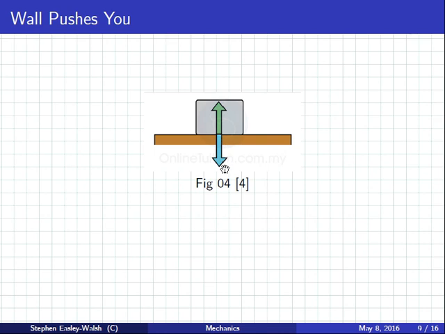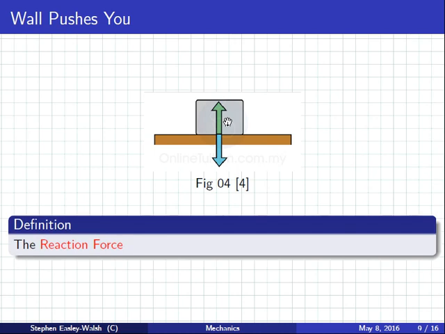So this weight has a reaction when it's on the table, and this is called the reaction force as well. When we say the reaction force, we usually mean the force that comes from the reacting object. So in this case, the table is reacting to the weight, to stop the weight from falling, by providing a reaction force. So the reaction force is the force provided by the reacting object. In this case, it's the table. So can you note this, please, a reaction force?